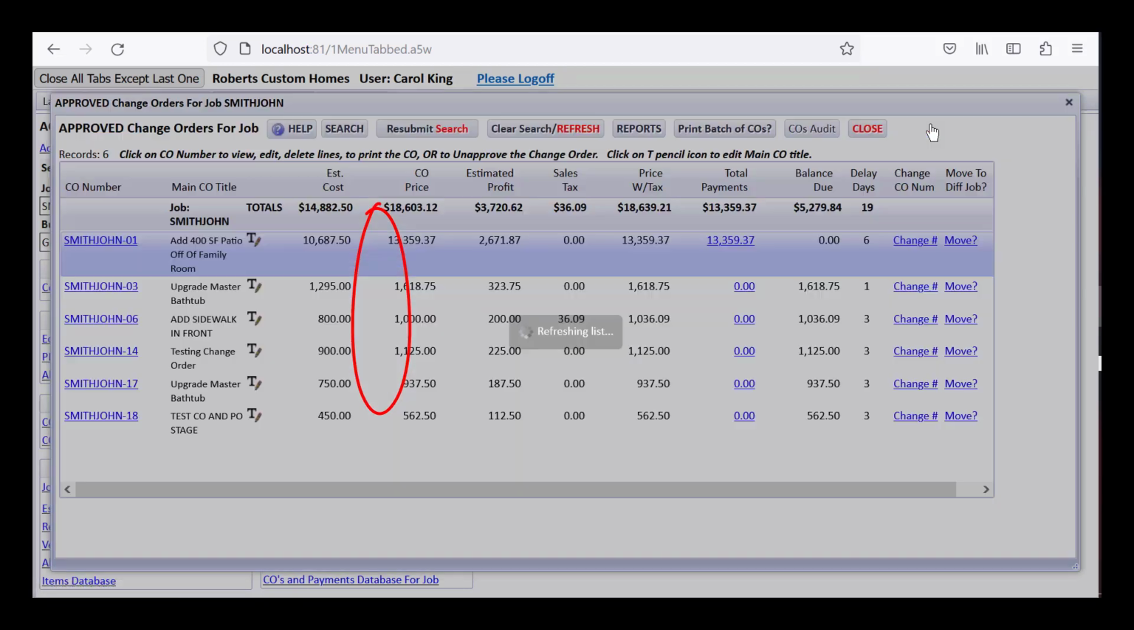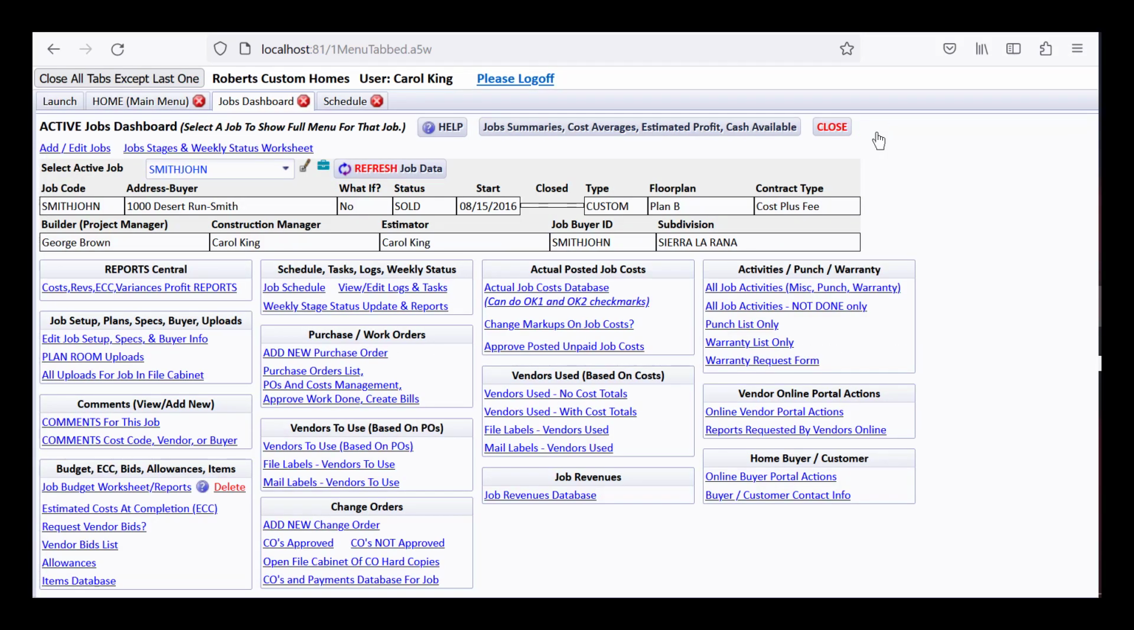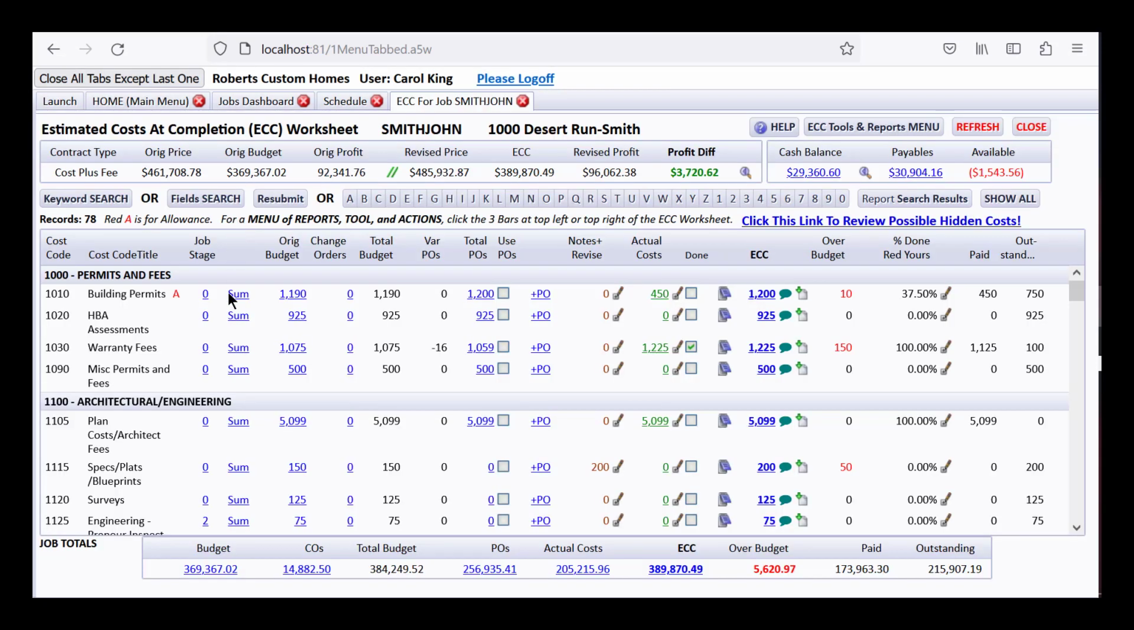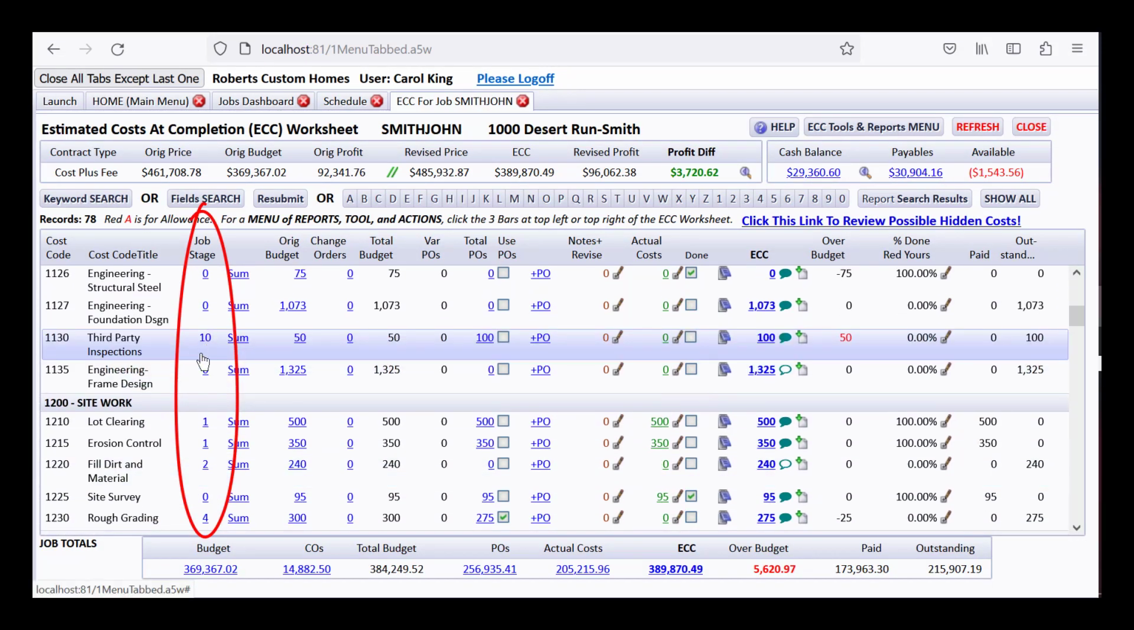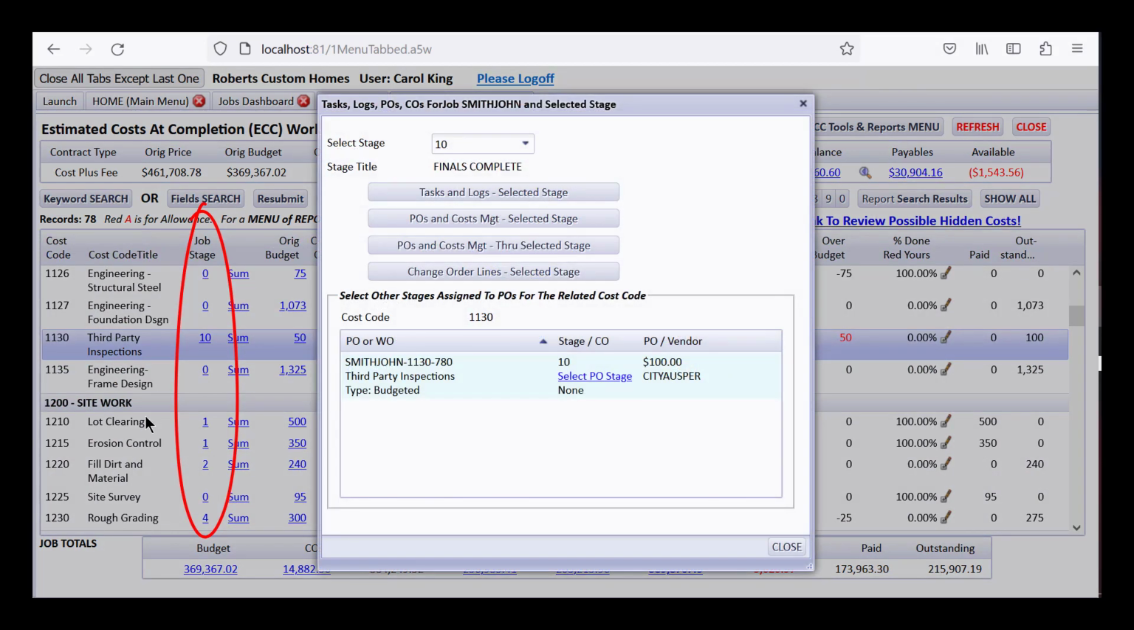So you get that concept, and actually all over the program, not just from the dashboard, you can open various things and see the stages. Even the estimated cost of completion is an important one. Notice how it's showing the stages here, and if you click on them, it's going to give you the tasks and logs for that stage. Since you do so much from the estimated cost of completion worksheet and need to see so much information, you can also see the tasks and logs for the stages, the POs and cost management for the selected stages, the one we opened a minute ago, the change order lines for a selected stage,